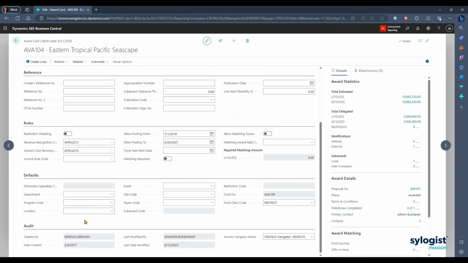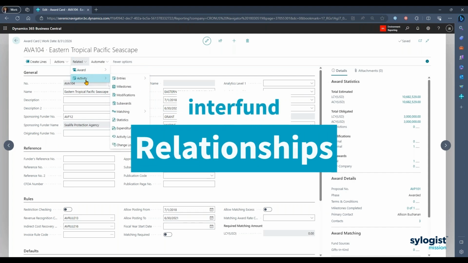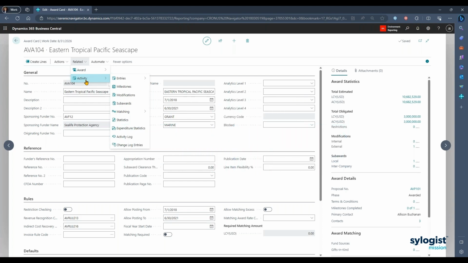I also have a good audit trail of when these are changing, and a base functionality that is familiar within Business Central. Now from here, I can track milestones. I can also track information. And unique to Business Central and SylogistMission ERP, I can actually manage this using the inter-fund relationships. So I can have an award created in a headquarters and distribute that out to the different companies in that tenant or environment. Now, when I do that, I can come over and I can see my statistics, the different